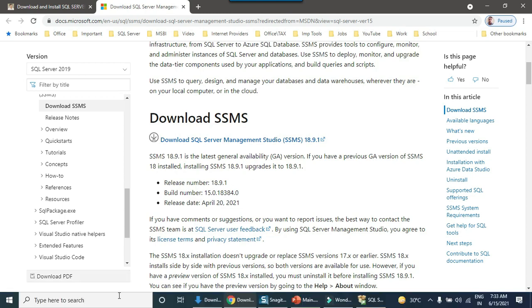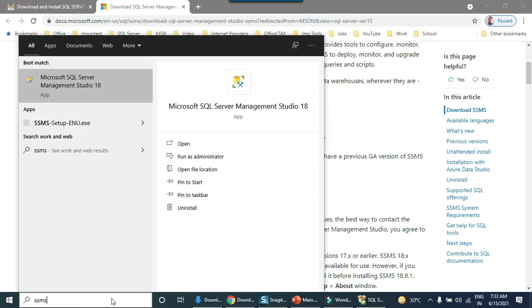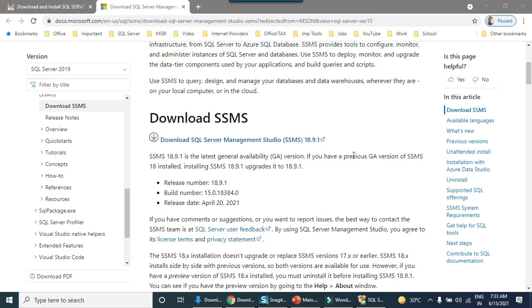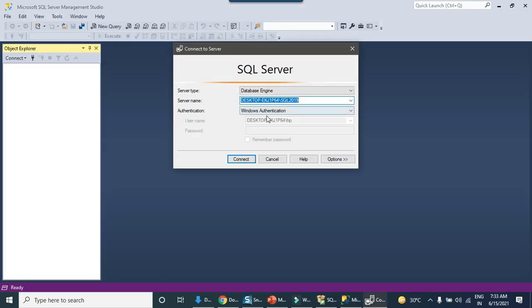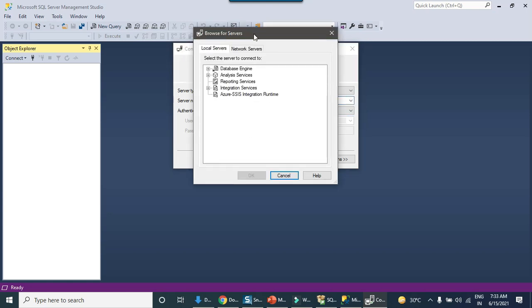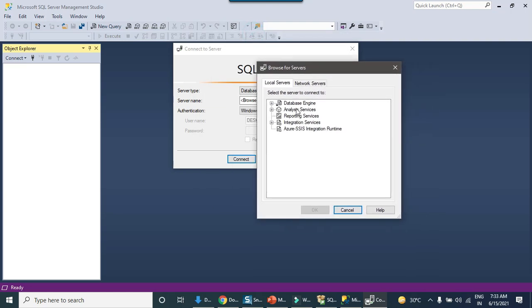So let me just open SSMS, and then let's connect to the SQL Server 2017 version that I just installed. Alright, so from server name, you can just scroll down and browse for more. So this will show you the list of available SQL Server instances on your machine. So just expand this one.